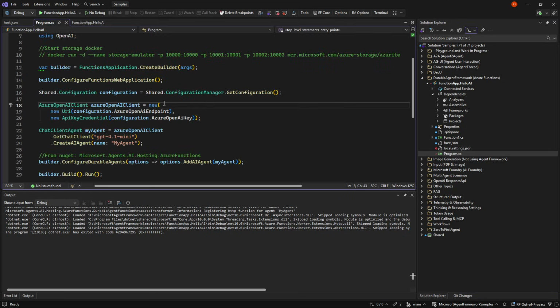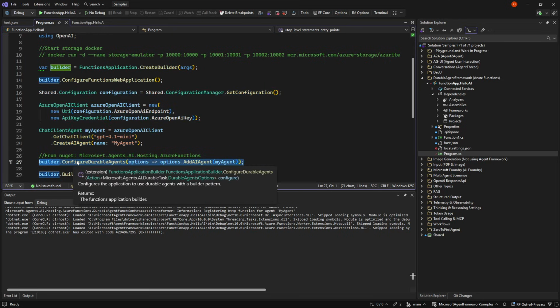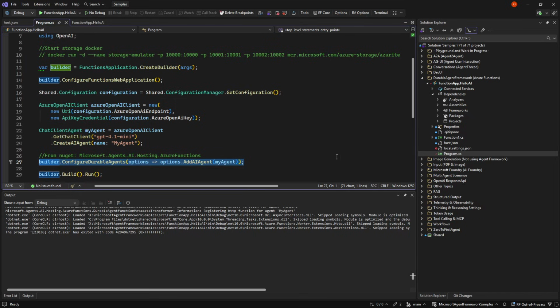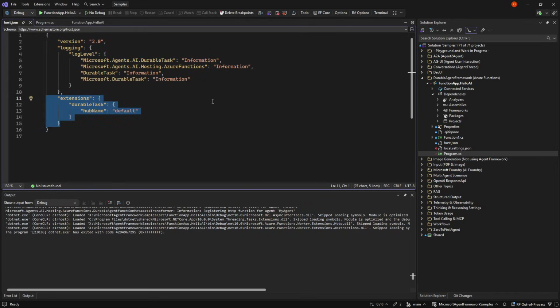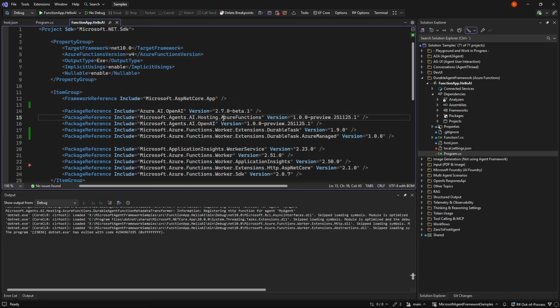So what we can do is build our normal Azure Functions setup here, and then we can do our normal agents as here, but then we add this extra one that comes from the Microsoft Agent hosting Azure Functions part, meaning this NuGet package, which in turn uses these.